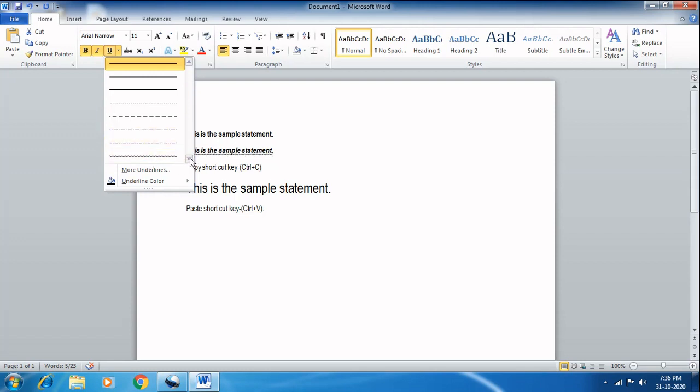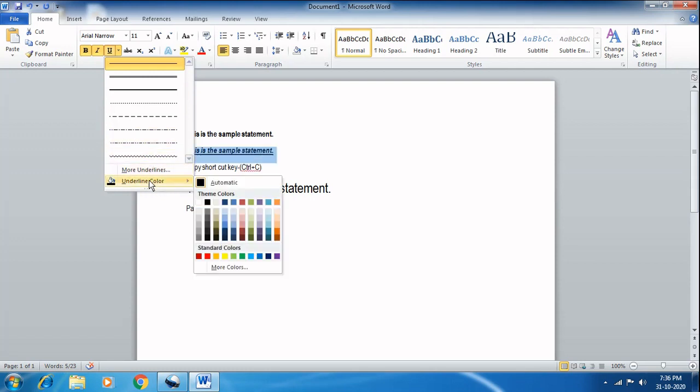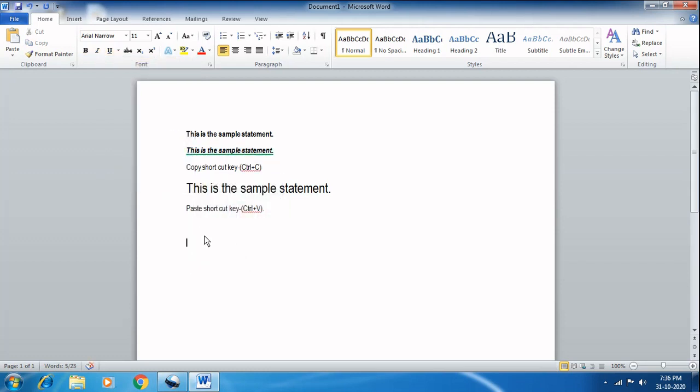Suppose you want to give some sort of different style, you can apply some kind of color for the particular underline statement. Okay, so this is how it is about. Okay,